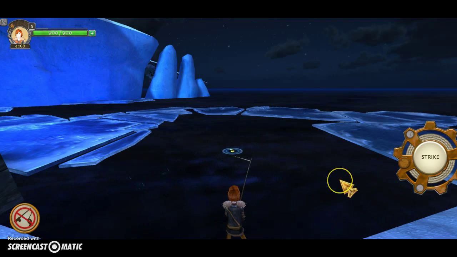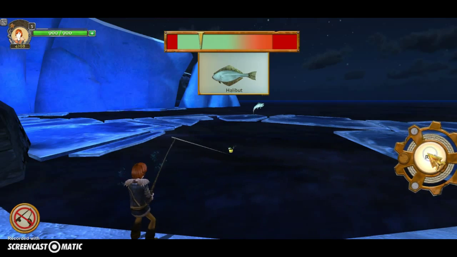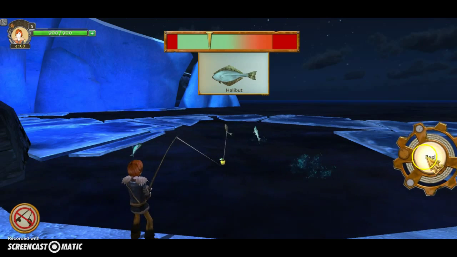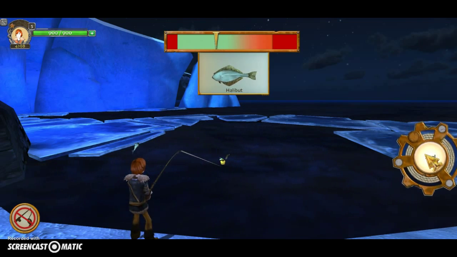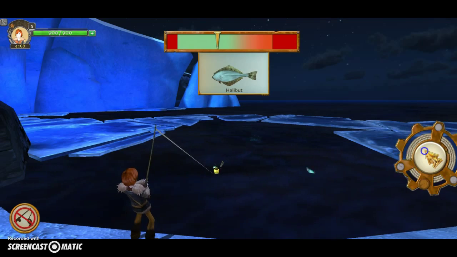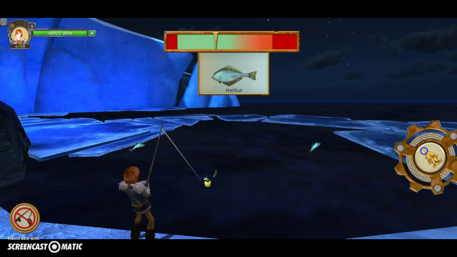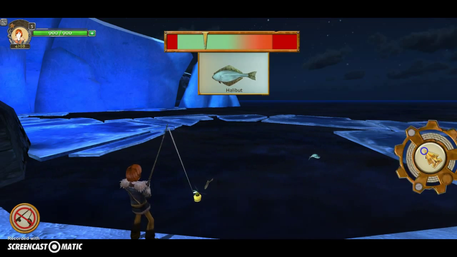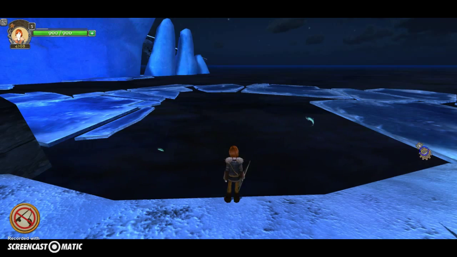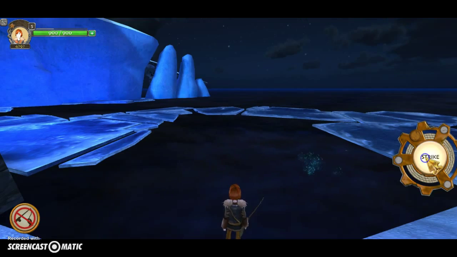Sometimes you get wolffish instead of Arctic char, but a halibut, you know what? Halibut can be kind of hard to catch sometimes. And I'm not that good at fishing, even though it says there that my rank is 5. It just says that because I fish a lot, even though I'm pretty bad at this. Wow, usually halibut fight a lot more than that. So this is weird. So I got a halibut. So I guess I can use glowworms now,